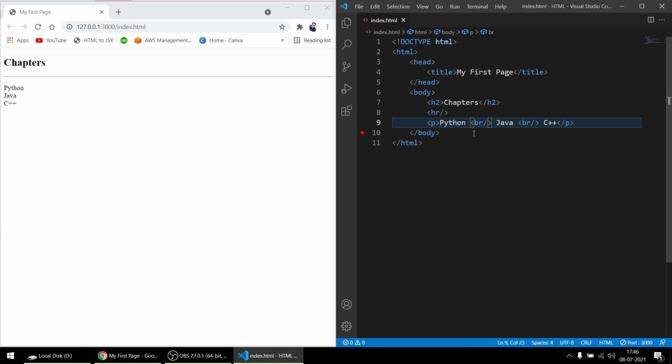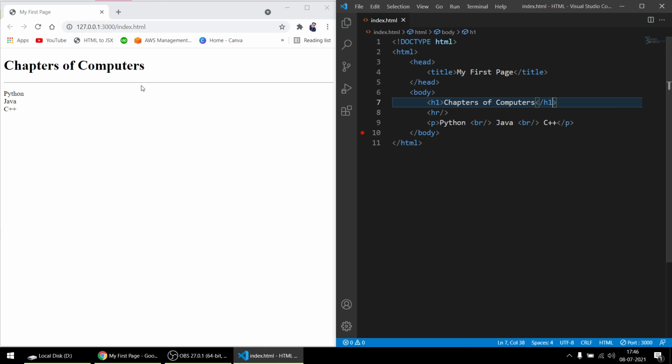Okay, so br is a self-closing tag, and you can use it anywhere. Suppose in here also you are writing chapters of computers. If I save it, you're thinking okay, it's very big, or maybe let me take it to h1. So you'll be like, okay, it's very big, of computers should be on another line.